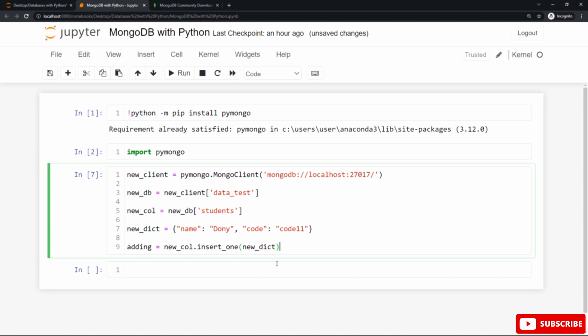The new col variable, with the dot notation, refers to the calling of the insert one method, and in between the round braces of that method you can see the variable name that refers to the document we have created.